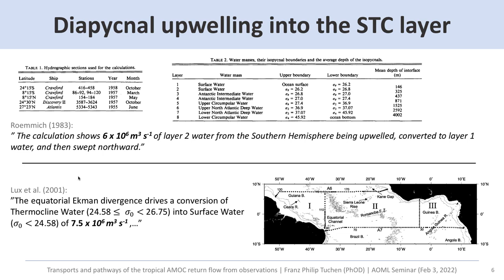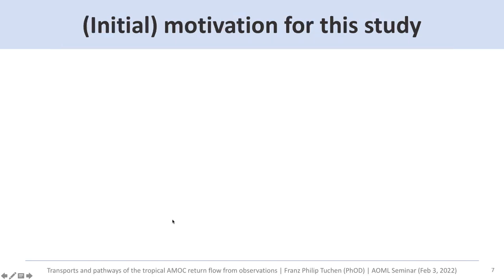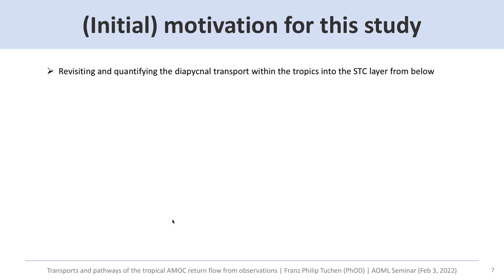So if you remember the transport estimates of the different branches of the SCCs from Argo, these numbers that are shown here are quite high, or quite considerable, when looking at our total budget. So yeah, we wanted to understand this and wanted to repeat, or revisit, and quantify this transport now based on